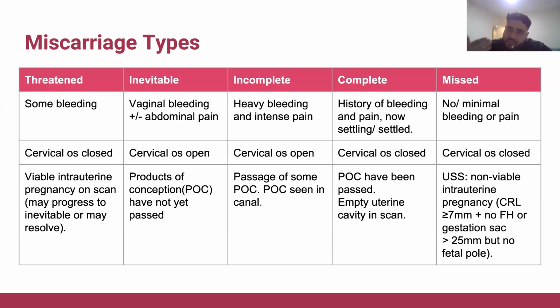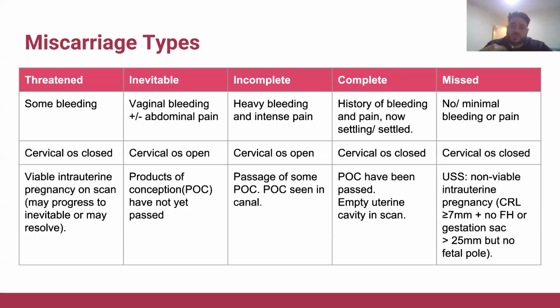So basically you see that there is a fetus in there, it's healthy, it's got a heartbeat, but the reason you're calling it threatened is because there's bleeding. But the cervical os is closed. So it's not like, for example, inevitable, where the cervical os is open and the pregnancy is still intrauterine. The cervical os being open almost makes it inevitable that the mother is going to miscarry. Whereas in a threatened scenario, the cervical os is closed. So you're at risk of it miscarrying, but there's not enough to say yet that it will definitely happen.